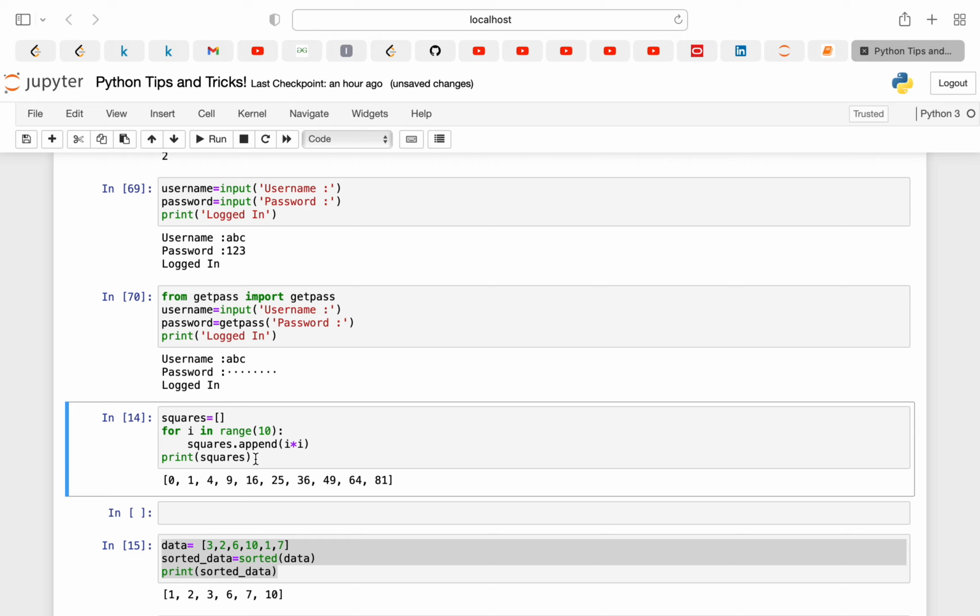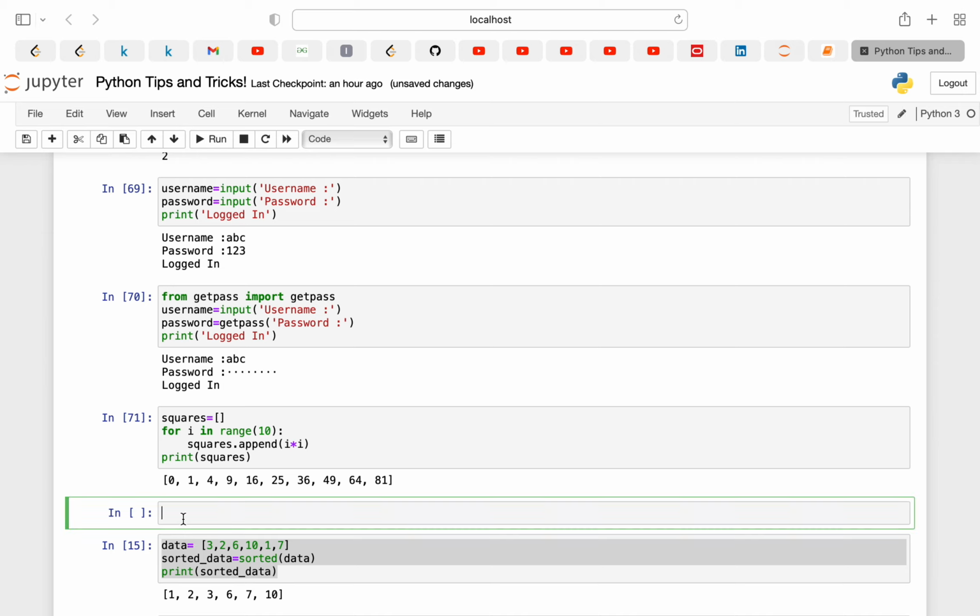Now another important thing in shorthand operators. Suppose I have one array called square, and I'm just appending the square of i value to that particular array. I'll run this, and as you can see, it's printing the squares for that array. But the same thing I can do with a simple one-line statement.